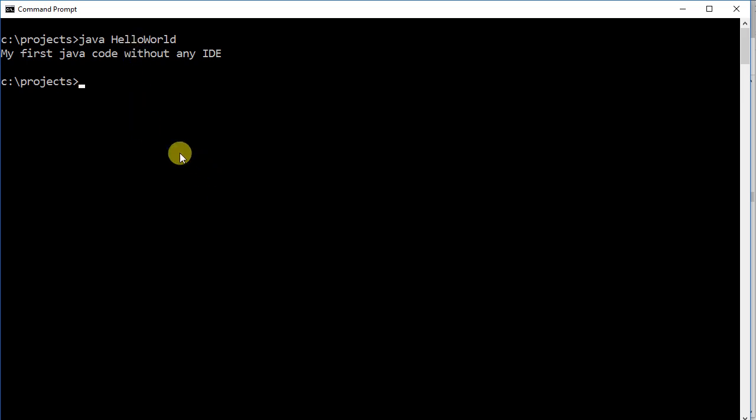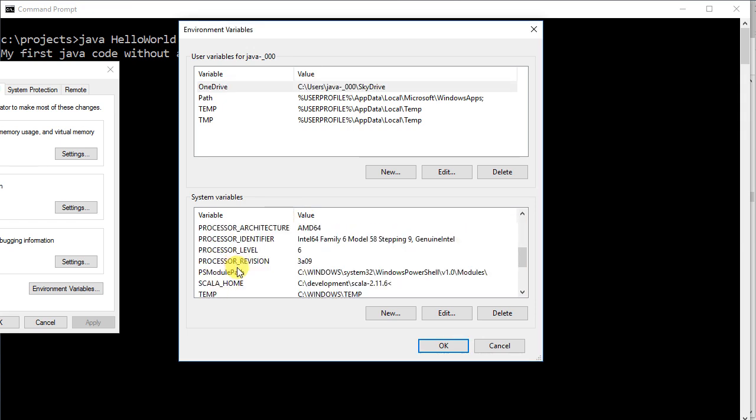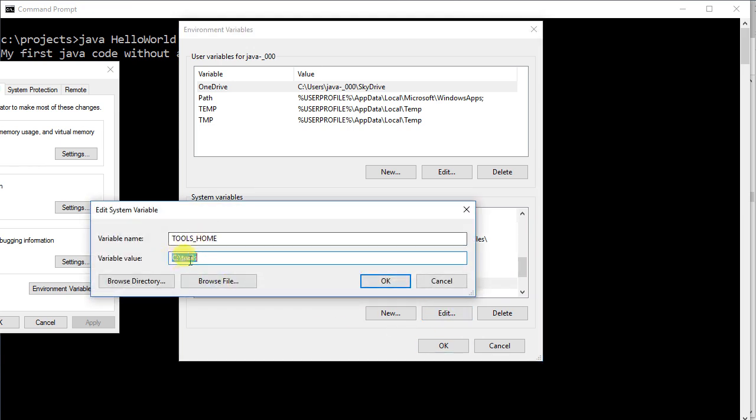If you are on Windows, you can also set up the environment variables globally, so that every time you open a DOS command, it will already be set for you. To do that, you open the environment variables console on Windows, which is under Control Panel, System, and then you click on Environment Variables. Here I have already set my Java home. Before that, I also set the tools home. If you go and edit, my tools home is nothing but C:\tools,